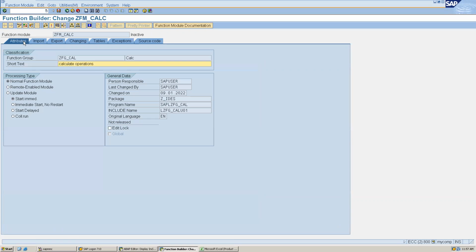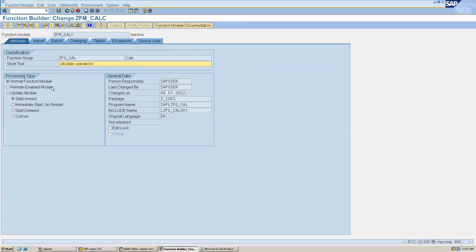So the first step is attributes. We can create these three types of function module. The first is the normal function module, which we are creating. Another is the remote-enabled function module, which we also call an RFC function module, and the third one is the update module. The normal function module we are seeing as of now.